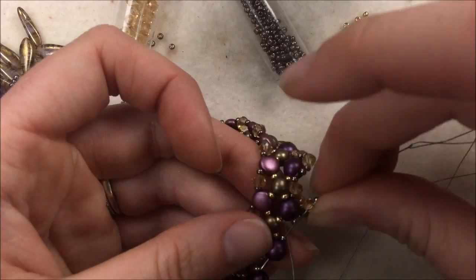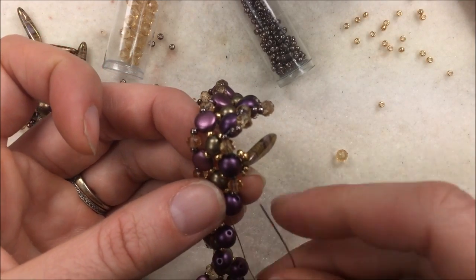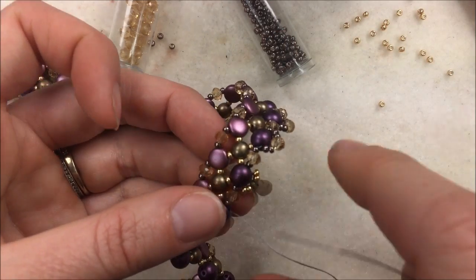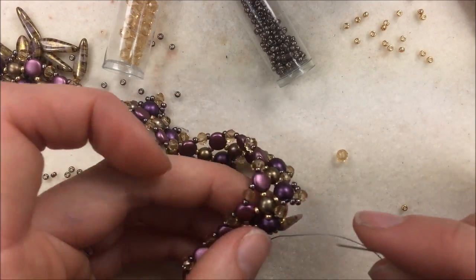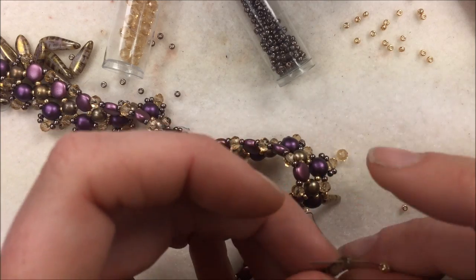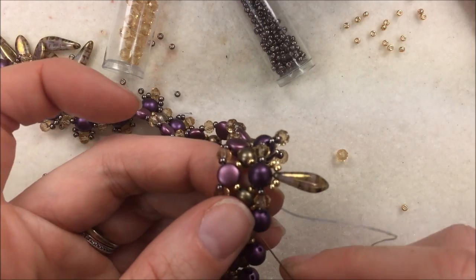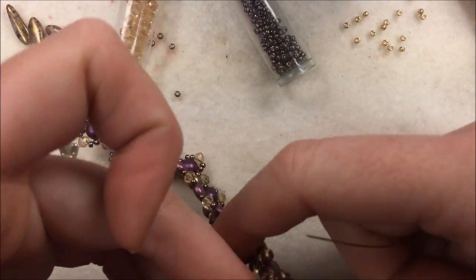And then at the bottom of the round trios, when we come out the bottom hole, that's when I get to add those dagger beads. And like I said before, my daggers have 2 holes. I'm just using the top hole. With the Picasso finish, you really can't see the second hole, and I just liked the color, so I'm going with it. Going back through, and we'll get the second one on here and then lay it down for you